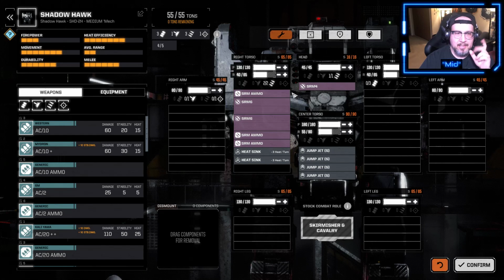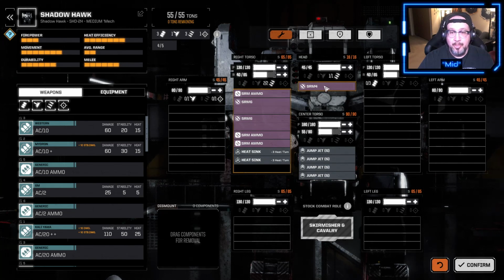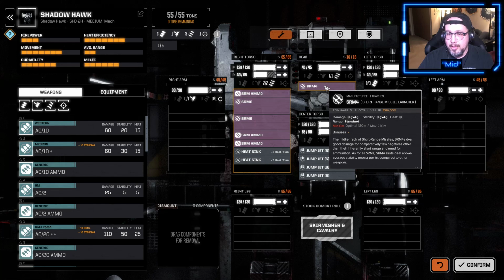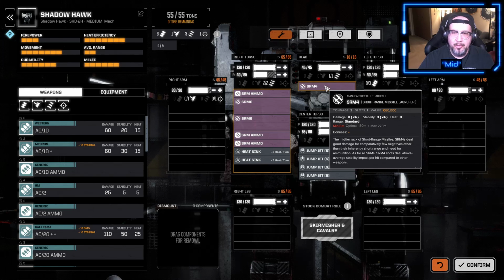Yeah, I'm glad I didn't do that. I mean, it would save on weight, because that SRM2 Plus would effectively be an SRM4. So I'd save a ton and do the same damage. Because these do 8 damage times 4. That would do 10 damage times 2. I don't know, it wouldn't quite do as much, so...